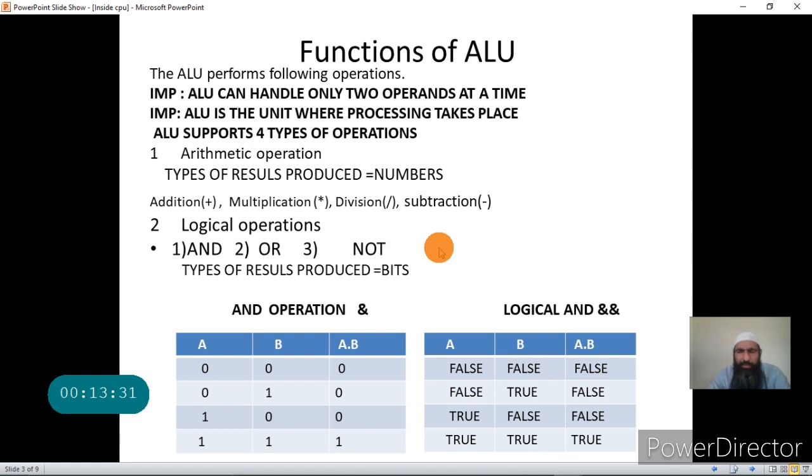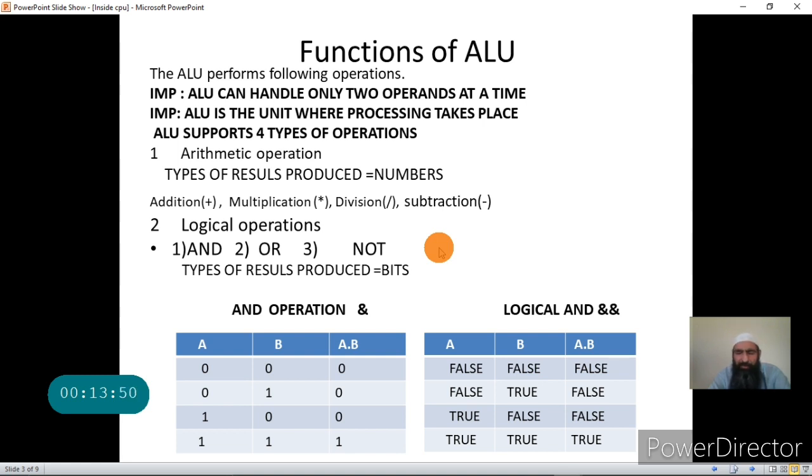ALU is actually the unit where the processing takes place. Therefore, in computer architecture, ALU is also called the processing element.